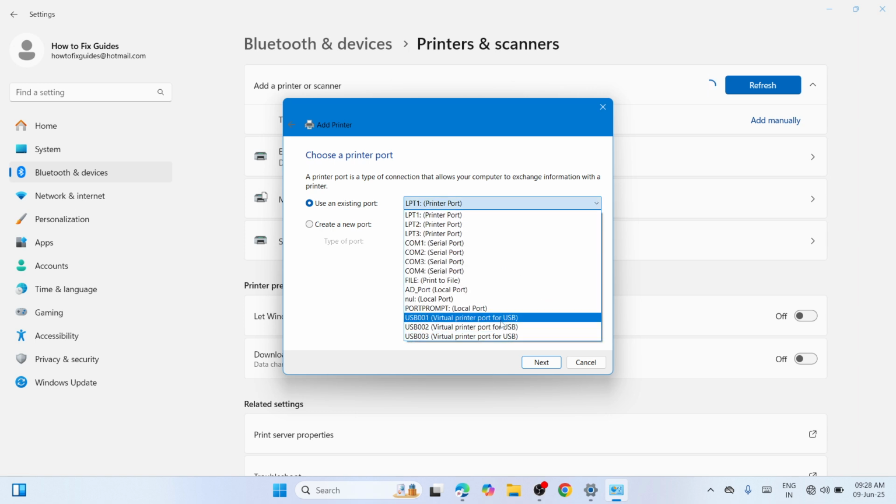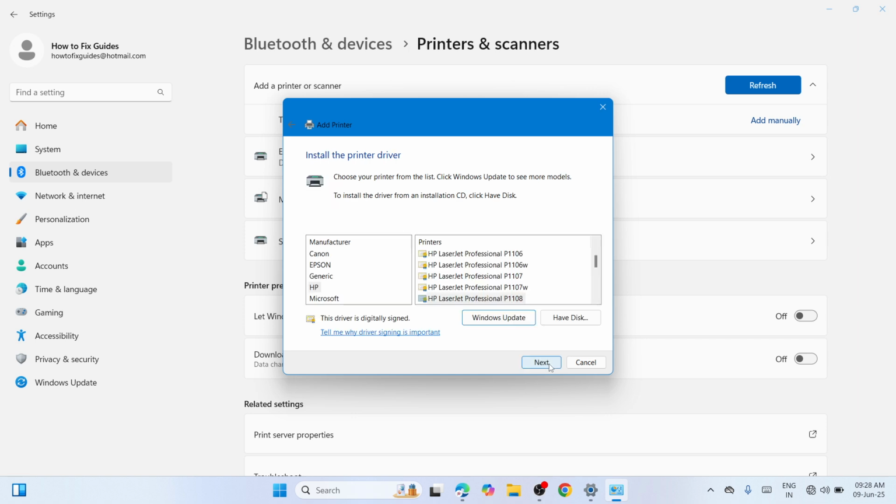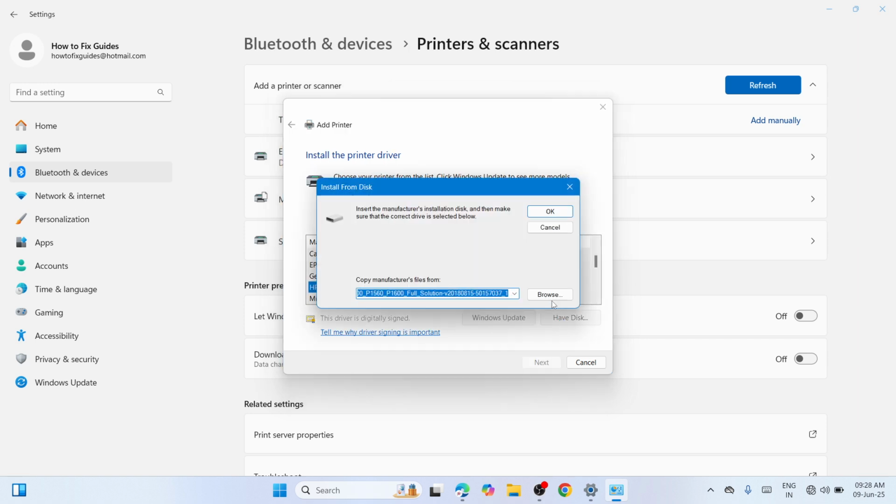So choosing a printer port is very crucial. So it is very important to be cautious on selecting such. So please select any of these three USB port, no other than that. It could be one, two, or three. So once you have set it, go with next and click on have disk and you need to go with